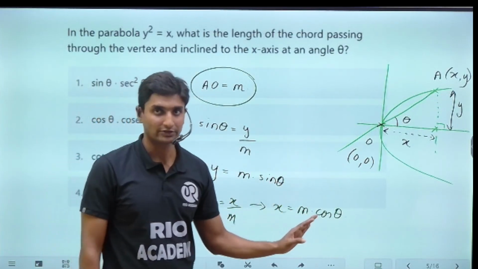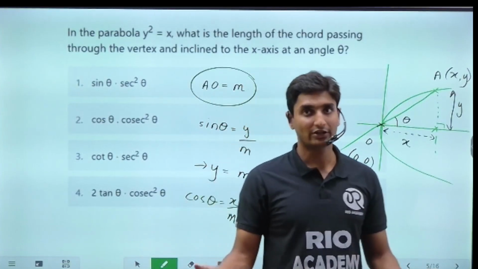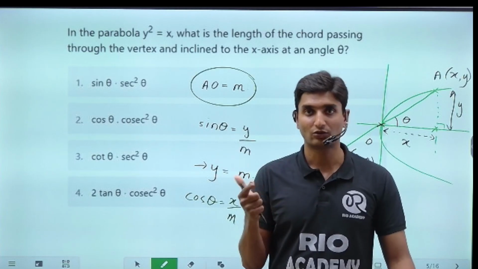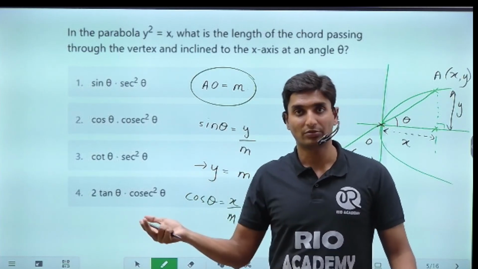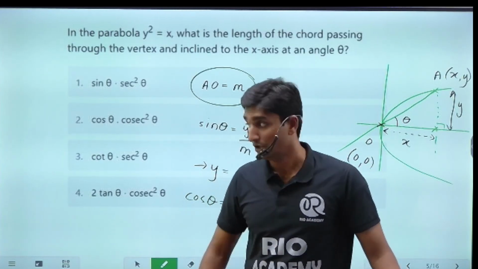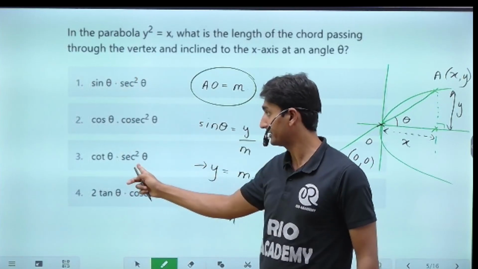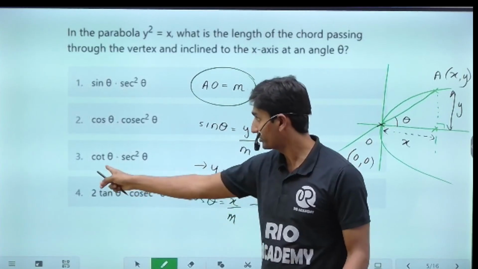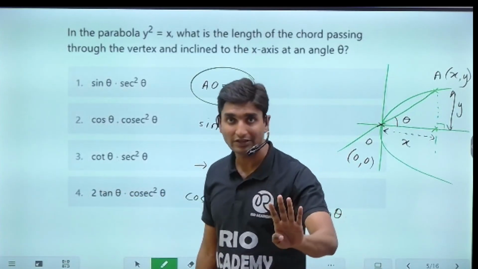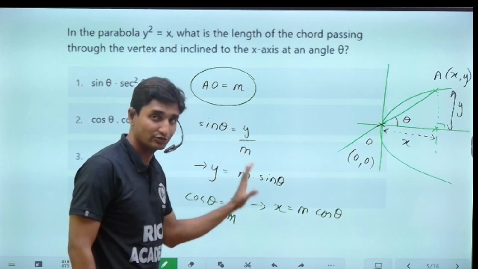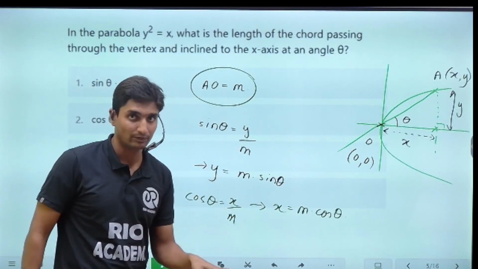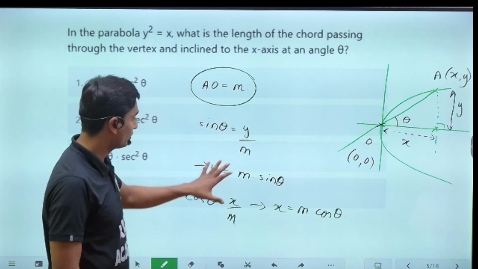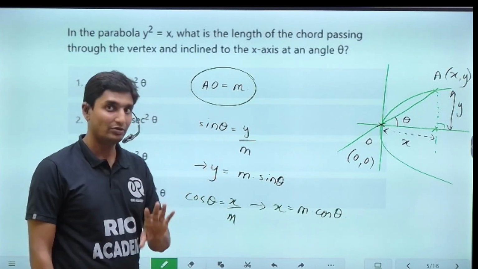Now, do we have to take only sine and cos? No, not at all necessary. You can take tan, you can take cot, you can take anything you want. Basically, there are three trigonometric functions: sine, cos and tan. And the other three are basically the reciprocals of those. If you look at the options here, secant is there, which is the reciprocal of cos. Cot is also present, but sine and cos will be easier. Initially those are the only two we are focusing on. You can also take tan, not at all an issue, but we are going to need only sine theta and cos theta.